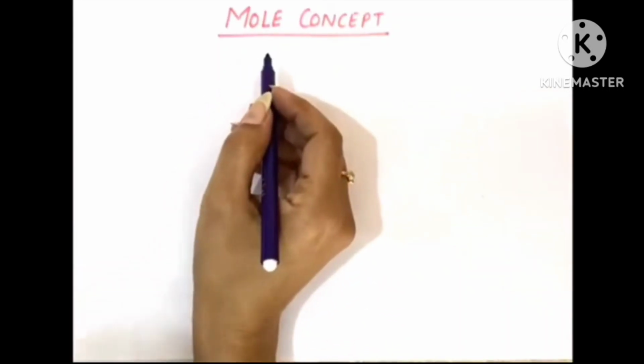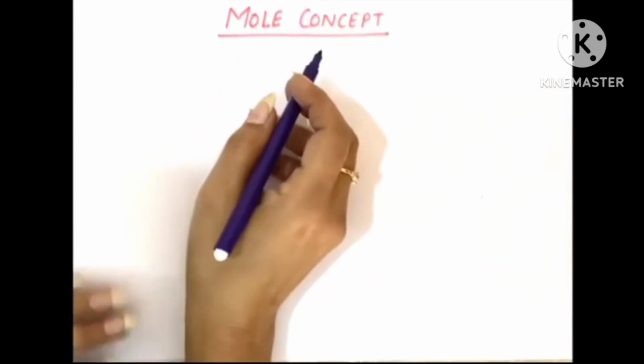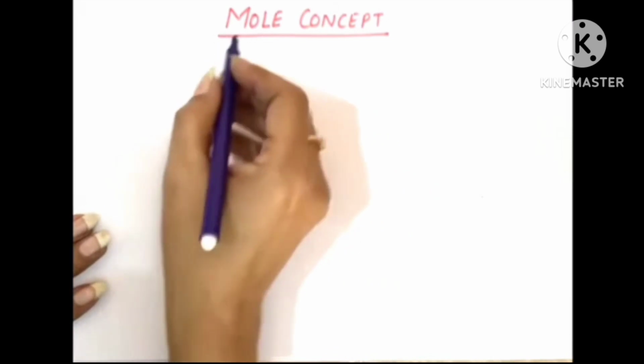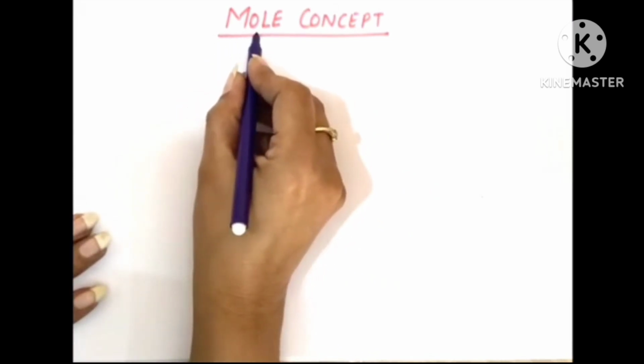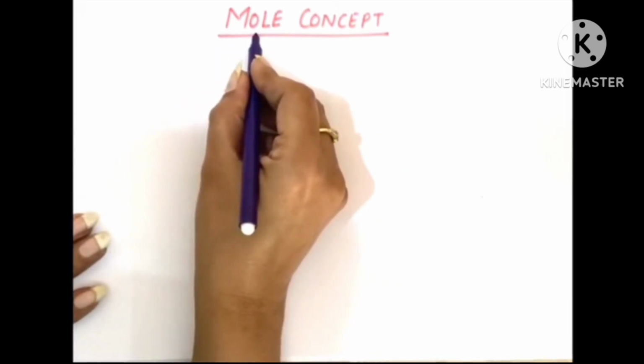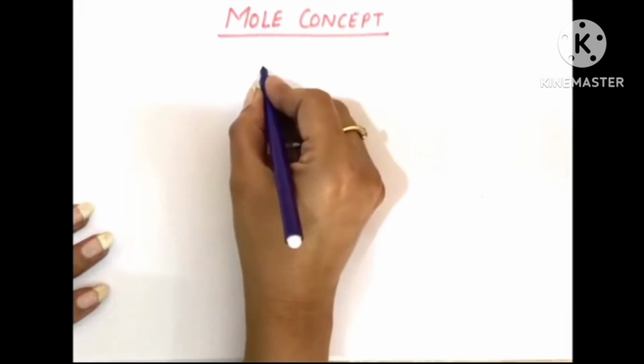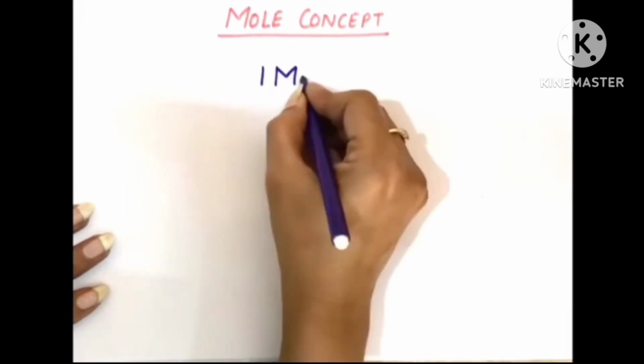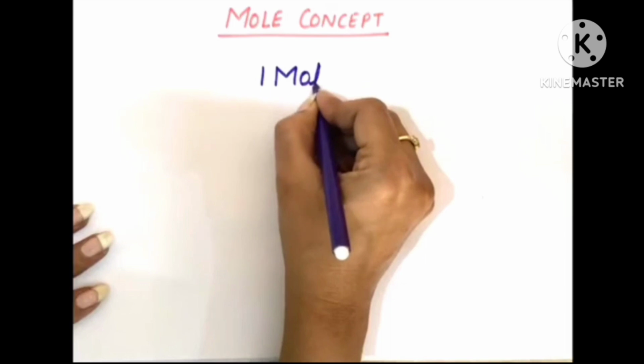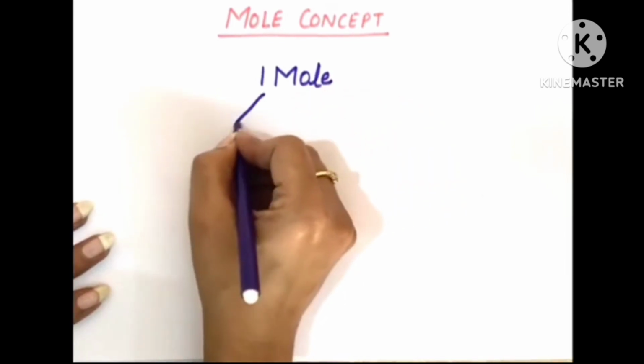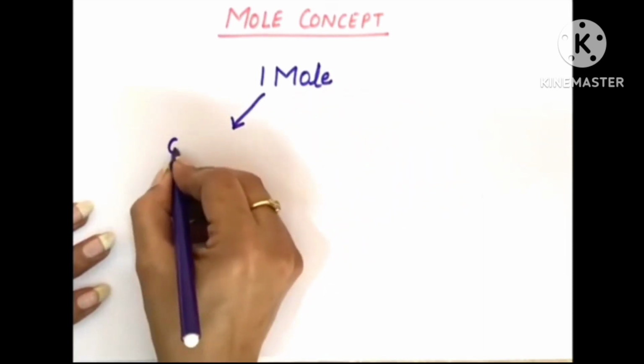Next topic in the atoms and molecules chapter is the mole concept. Now what is the meaning of the mole concept? This is taken from the word mole. So first of all, we understand what is the meaning of mole. If I take 1 mole quantity, it's a quantity. If I'm taking 1 mole quantity, that means there are